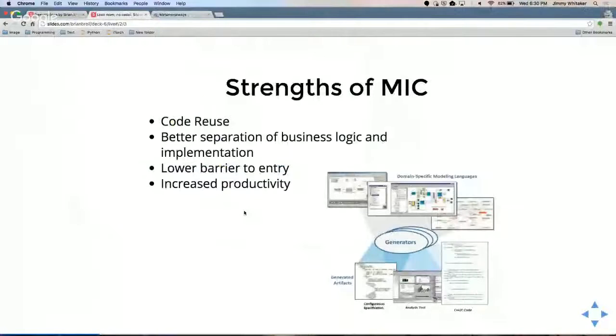There you go. Awesome. Okay, so anyway, as I mentioned, you get a lot of code reuse because the code that actually generates whatever you need generated can be reused across a bunch of different models. You also get a better separation of business logic and implementation because in this diagram here, you can see that they have whatever models that you're actually using, and then some sort of generators that generate the actual XML maybe, or the analysis tools, or maybe C or C++ code. So you can get really creative with these kind of things.